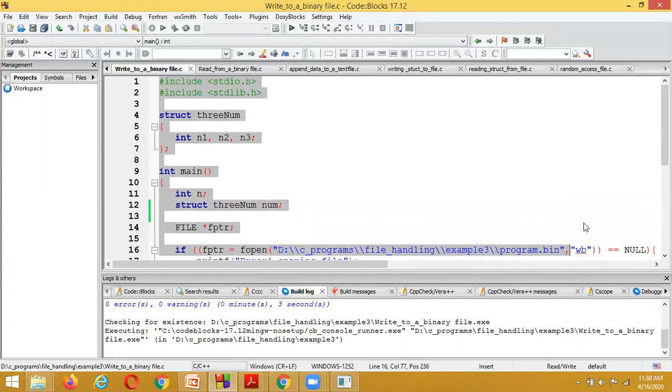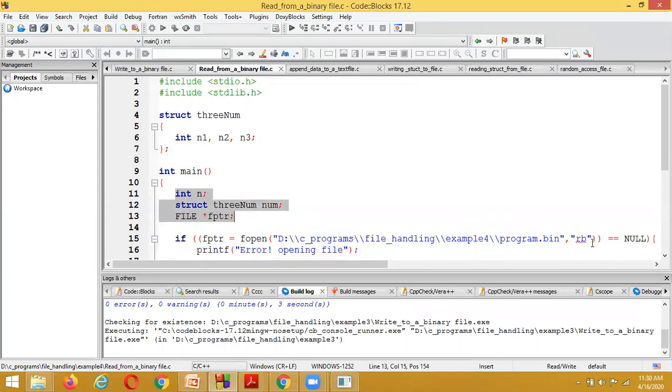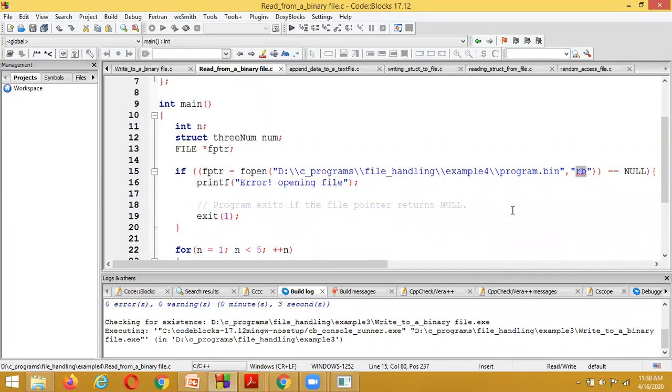Inside the fopen functionality, what is the difference here? There we had write binary, and here we have read binary.